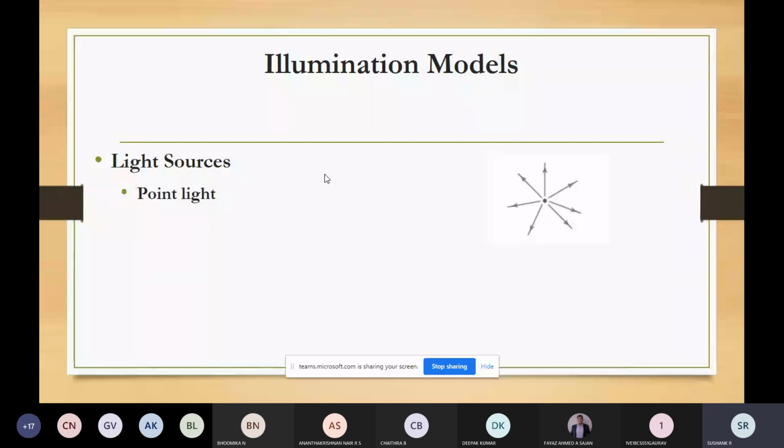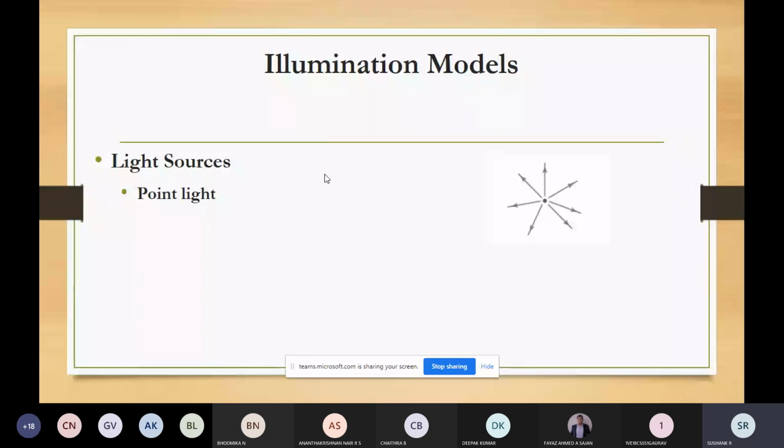So this chapter talks about applying the light effects to the visible surfaces. For example, there is a cube or a pyramid. In that one, the face which is exposed to the light will be visible. So here we are talking about the application of natural light to the visible surfaces.